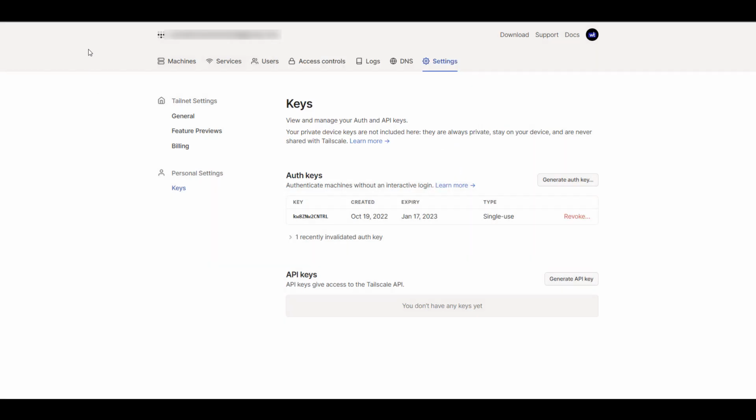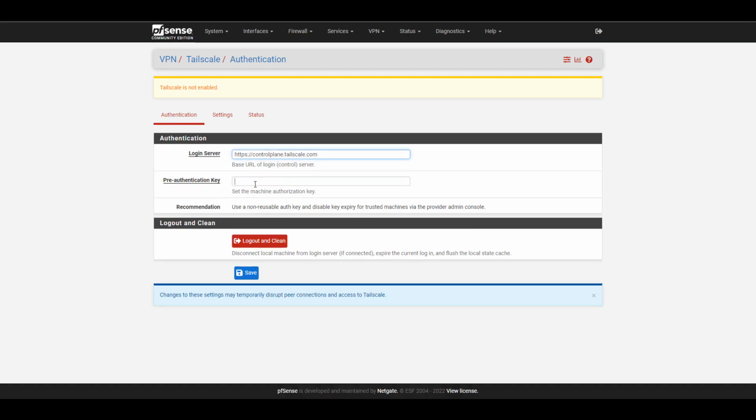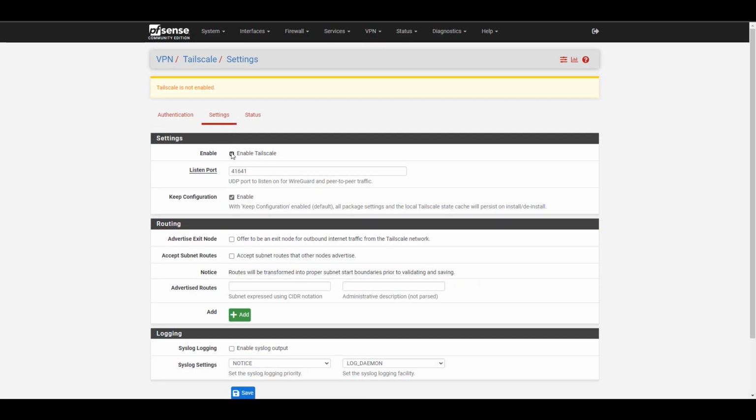Now inside of pfSense, you can go into the authentication section and you can paste in that key. As soon as you do, you can select save, and then you're going to head over to the settings and you're going to enable Tailscale and save. Now at this point, you're going to be able to access pfSense if you had to from the IP address that Tailscale gives it. However, we want to take this one step further and we want to configure an exit